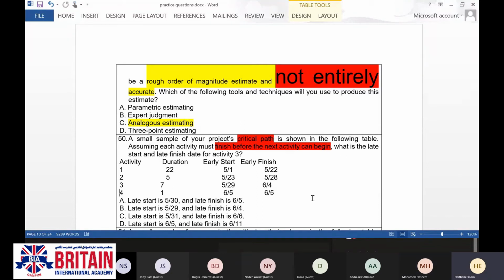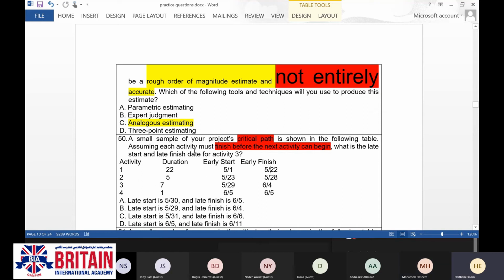But the activities which are not on the critical path, for sure they can have a certain float. So now, because the question is giving us a keyword here, which is called critical path,